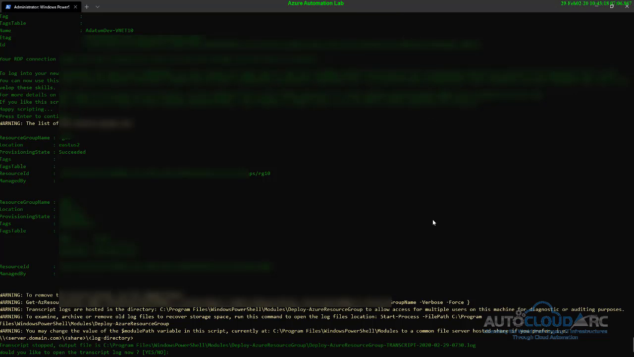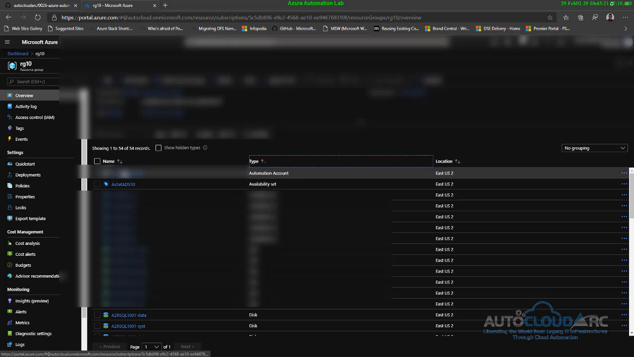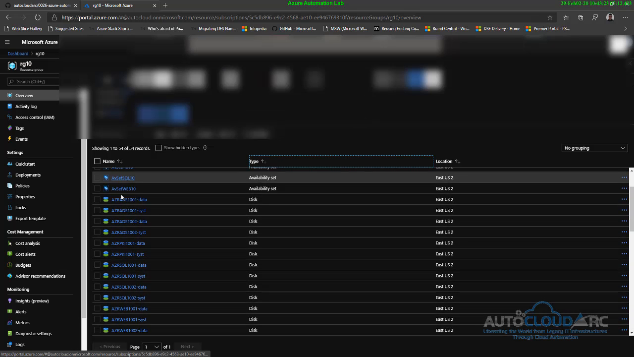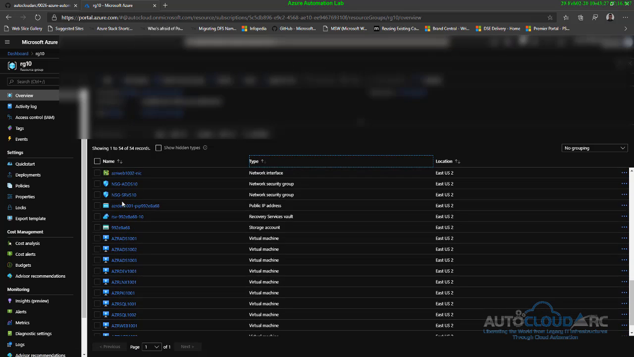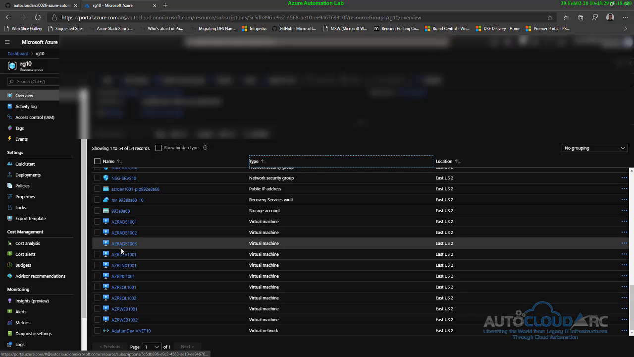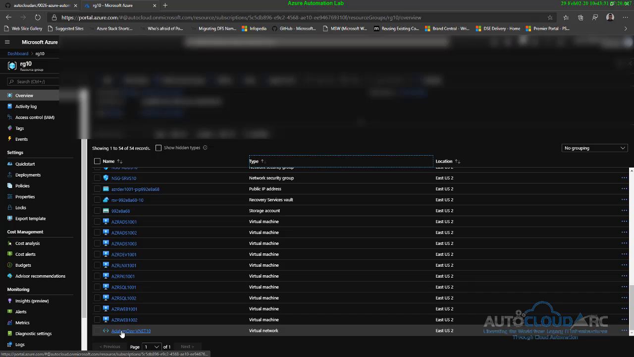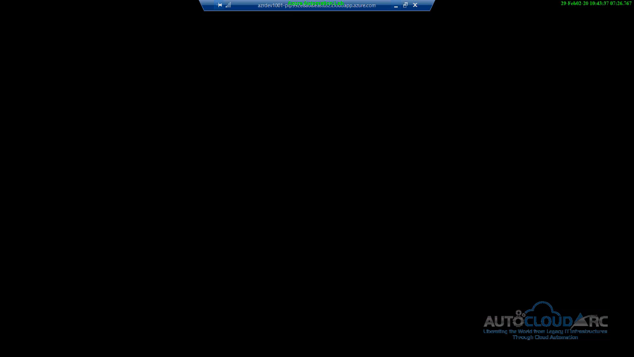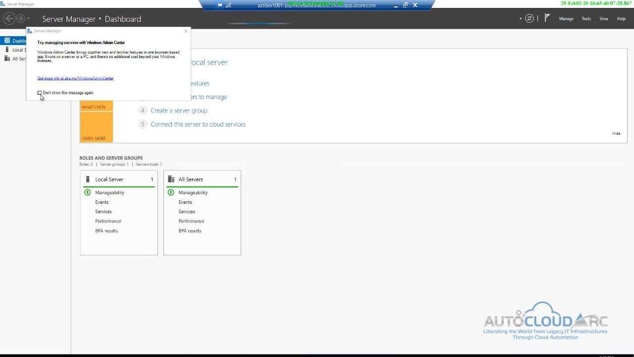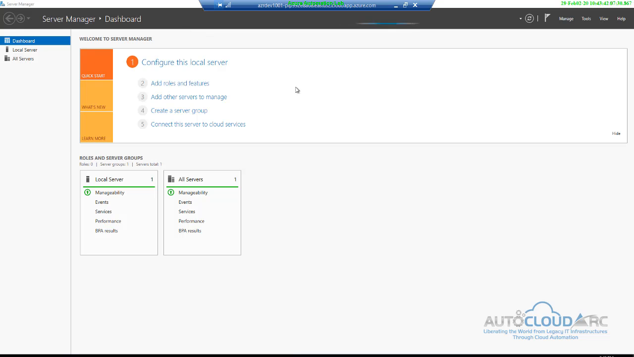Let me show you the Azure portal. To show that the resources have been provisioned by now, I log into my subscription using my credentials, and here are all the resources in my RG10 resource group. Here are all the resources that were deployed. So now we verify that the resources were actually provisioned, and we can return to our RDP session,